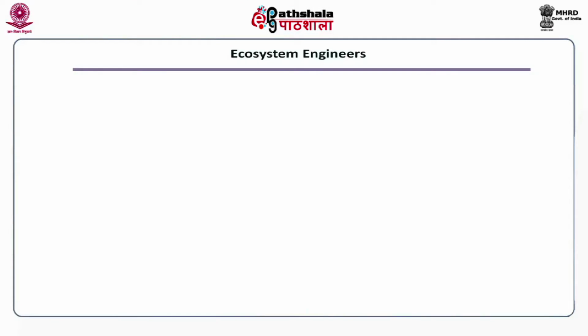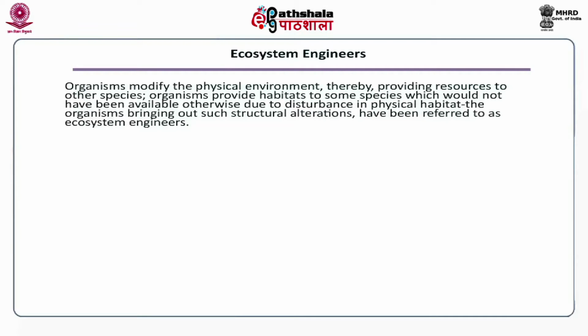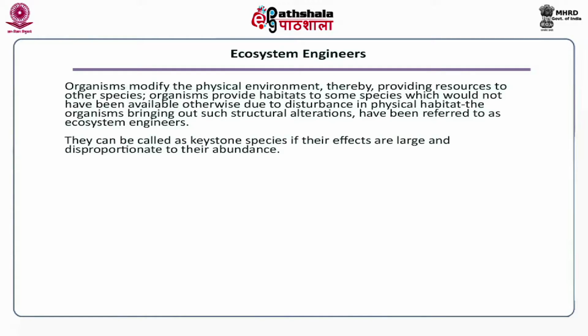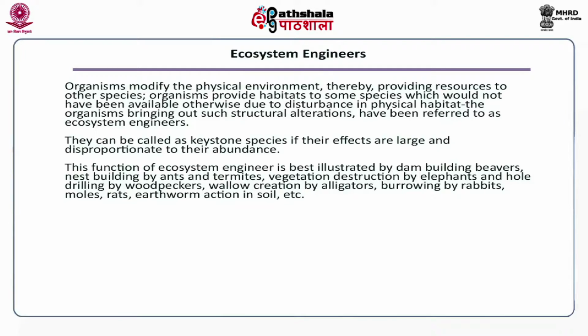The fourth category of keystone species is ecosystem engineers. Organisms modify the physical environment, thereby providing resources to other species. Organisms provide habitat to some species which would not have been available otherwise due to disturbance in the physical habitat. The organisms bringing out such structural alterations have been referred to as ecosystem engineers. They can be called keystone species if their effects are large and disproportionate to their abundance. This function of ecosystem engineers is best illustrated by dam building